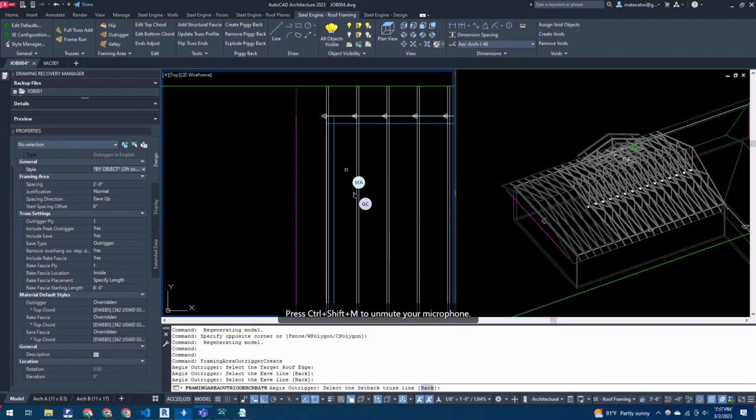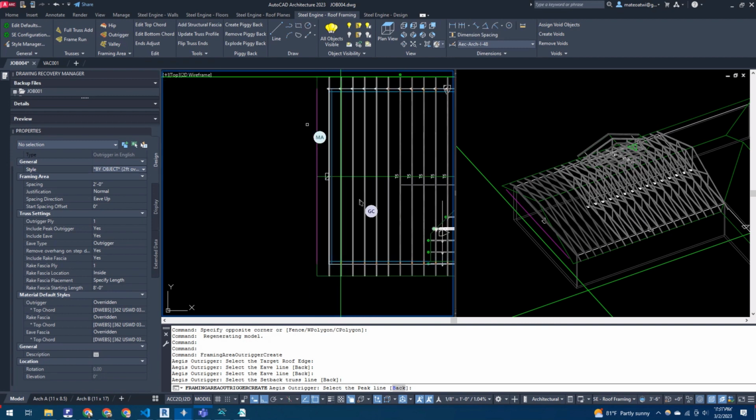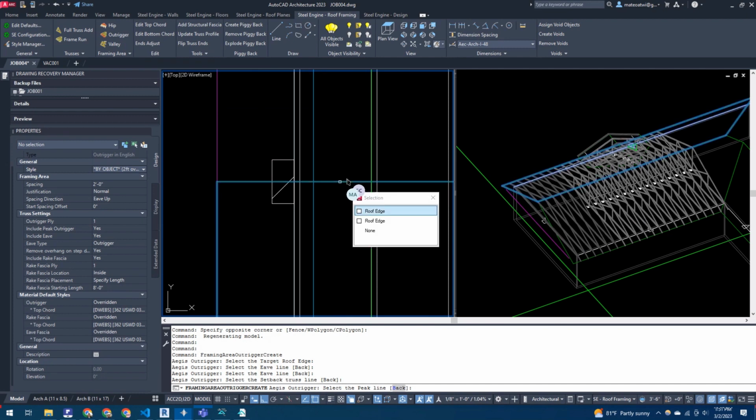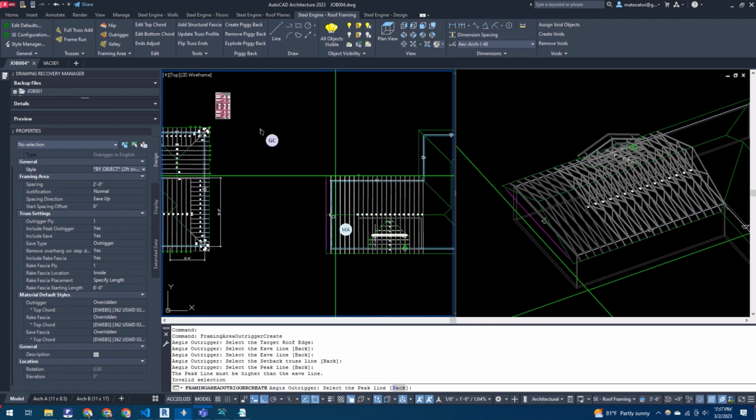Setback truss lines. You're going to pick the front of the truss that the outriggers are going to connect to. Then you're going to pick the peak line, because you can only do one side at a time. That's good right there. Then you're going to pick,